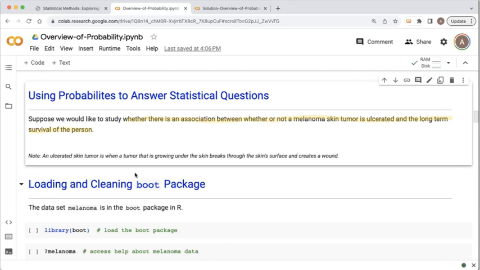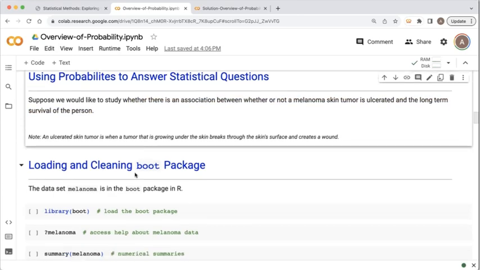A skin tumor being ulcerated means that the tumor has been growing under the skin and breaks through the skin and creates a wound. So typically that would mean that the skin tumor is longer along its evolution than one that gets surgically removed before it's ulcerated. And so the data set that we're going to use to analyze this question is